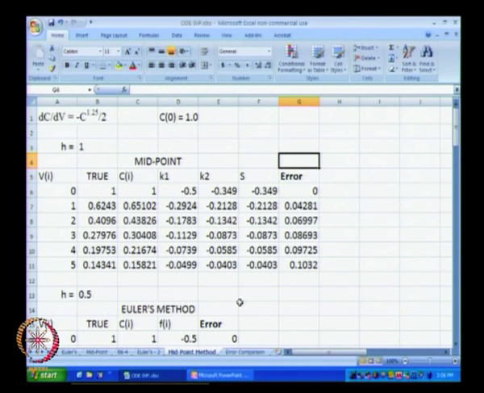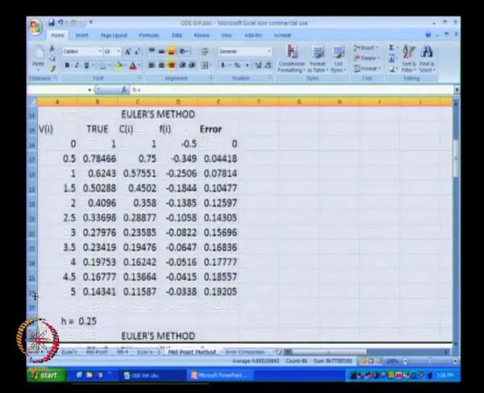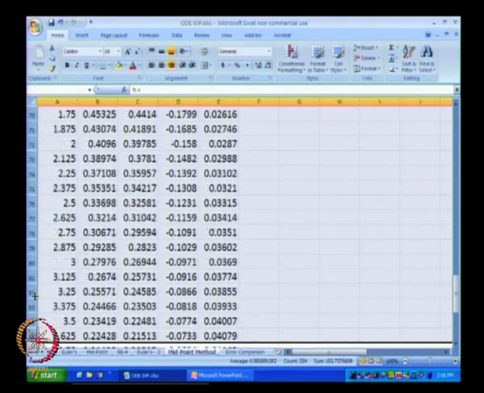What I am going to do is show you how easy it is to go from this stage to doing the calculations for the midpoint method for a different h, for h equal to 0.5. So, I will just delete all these that I had developed before.